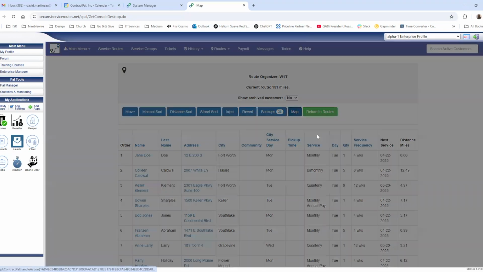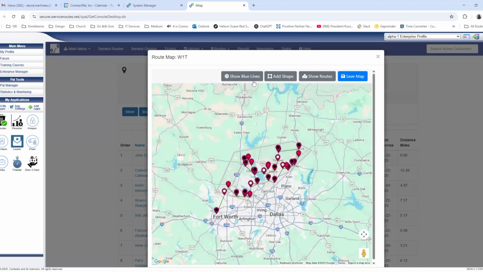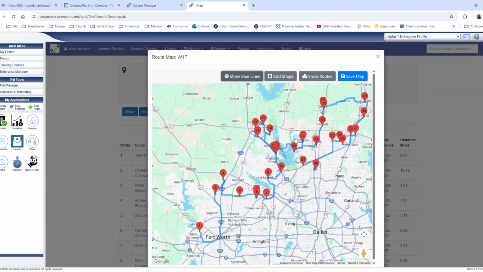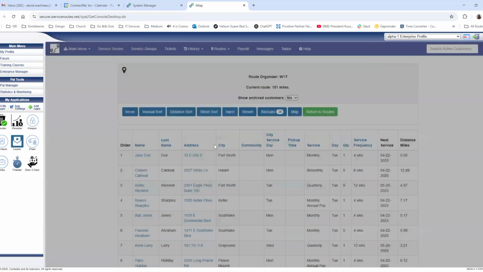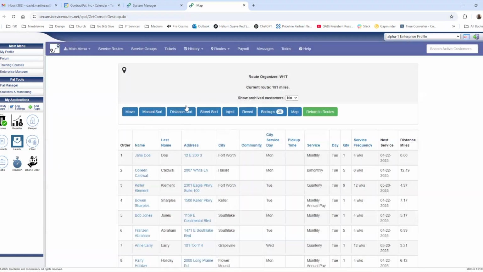So let's look at the map for street sort. It's probably about the same. All right, so the point to this is the automation is using distance sort. It's using this one right here. Down the road, we might hook in street sort as the default automation. But if we're going out the door, it's going to be distance sort, and we'll probably encourage the customers to start off with